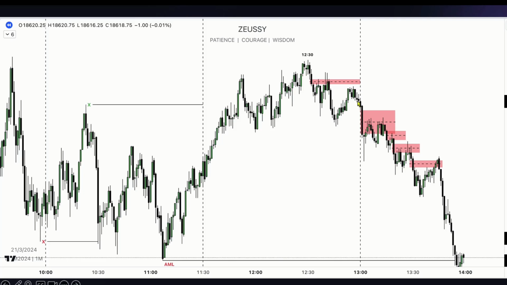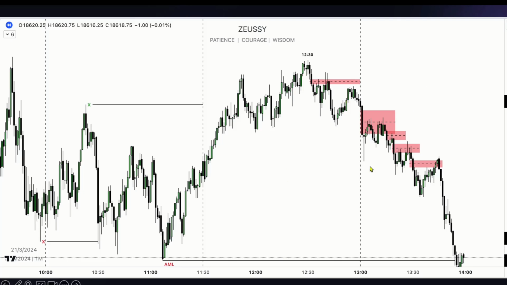At 1 p.m., the market opens up and it immediately distributes aggressively lower. What does this signal to us? It signals that bearish institutional order flow is present, and something very specific is happening that I will share with you. I was just thinking whether or not I should share that, but fuck it.